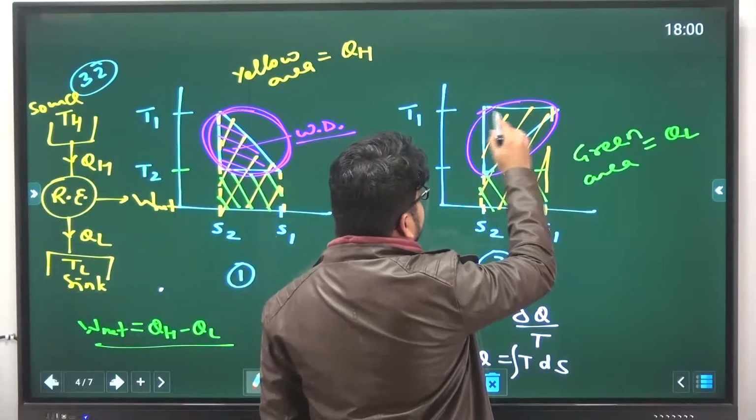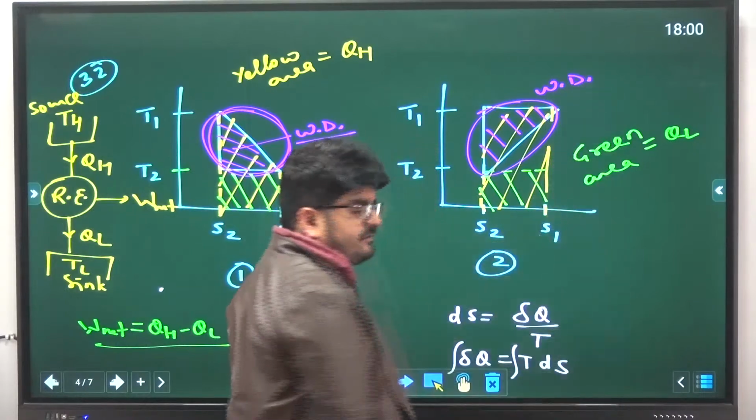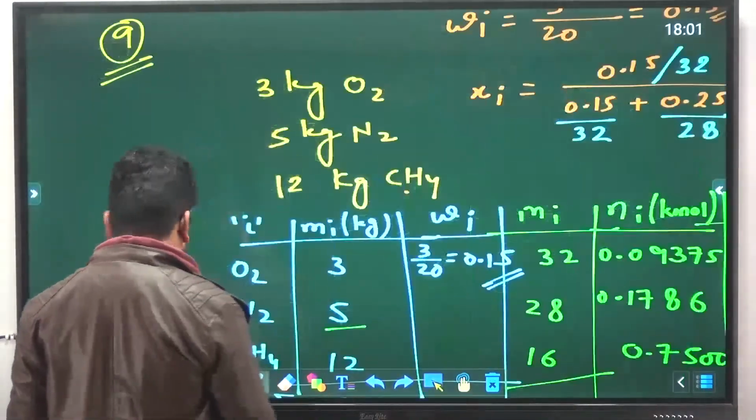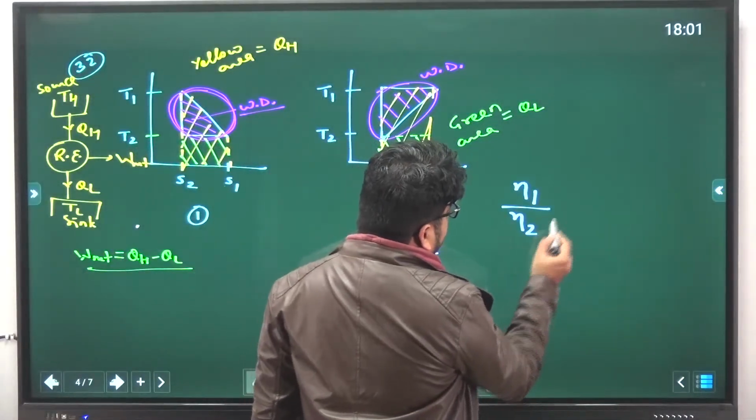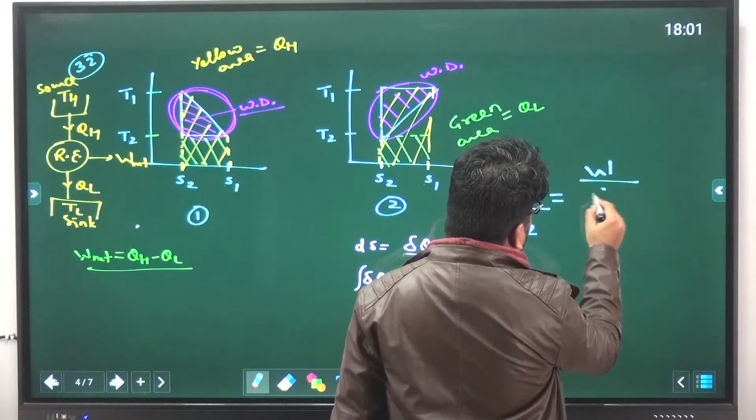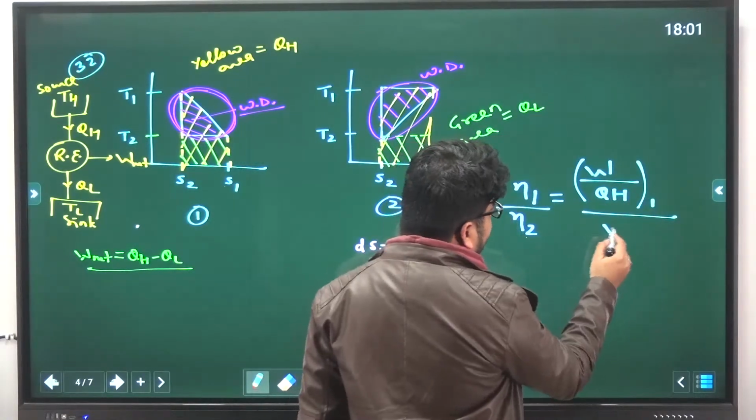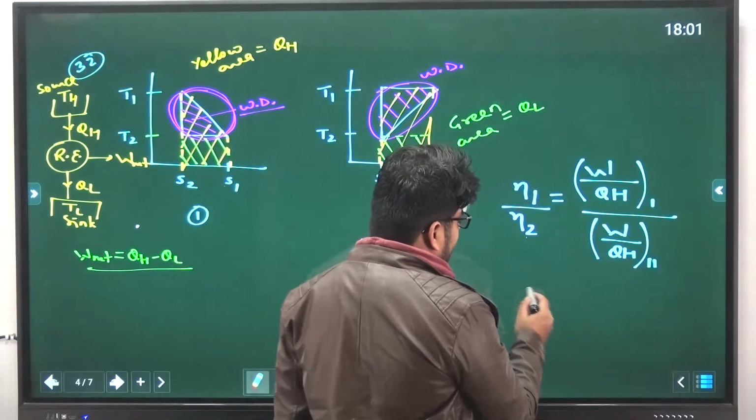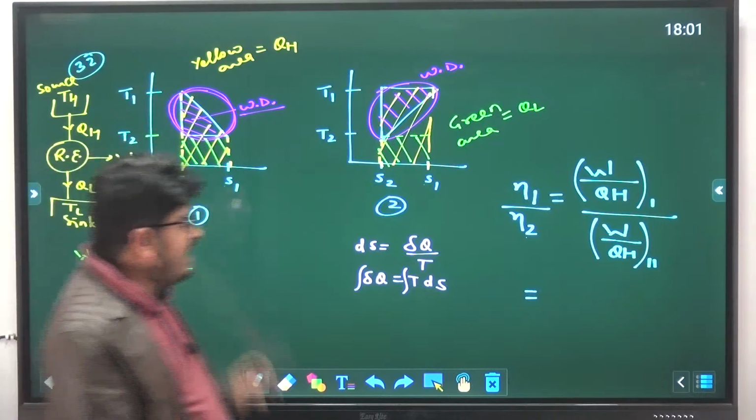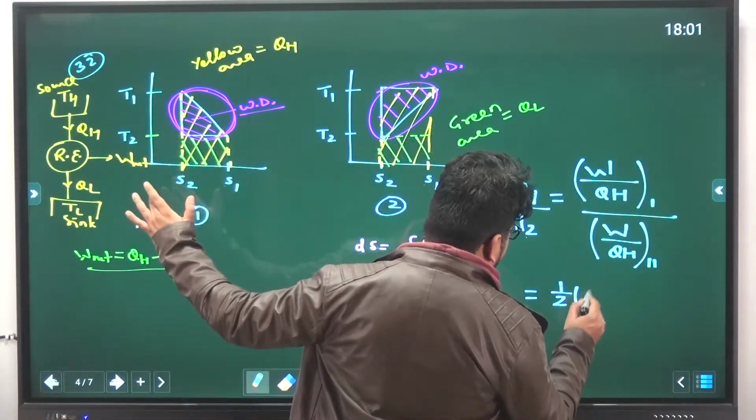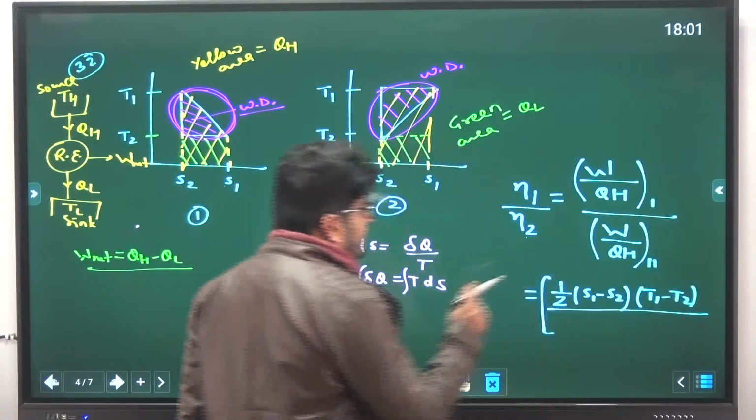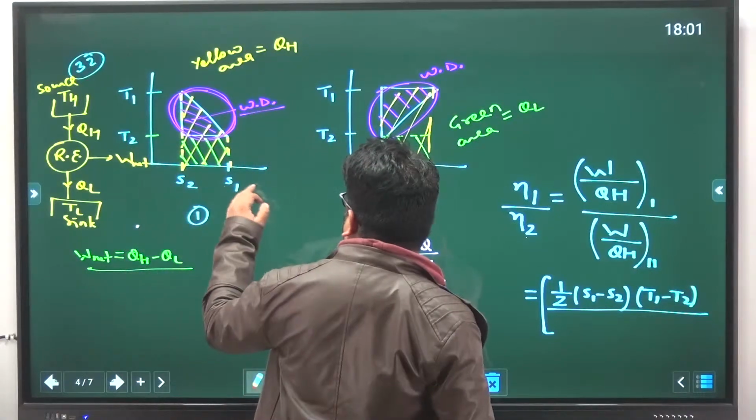And similarly here, the area of this triangle will be equal to the work done, W net, for the second cycle. So you have to calculate eta 1 divided by eta 2. Eta 1 will be W upon QH for the first process, and eta 2 will be W upon QH for the second process. For the first process, W is the area of the triangle only, so that will be half base S1 minus S2 into height, that is T1 minus T2, divided by QH, that is this total area, which will be S1 minus S2 into T2,